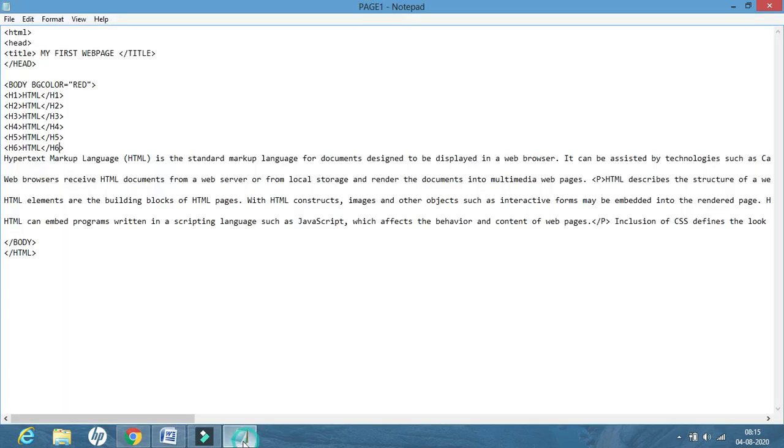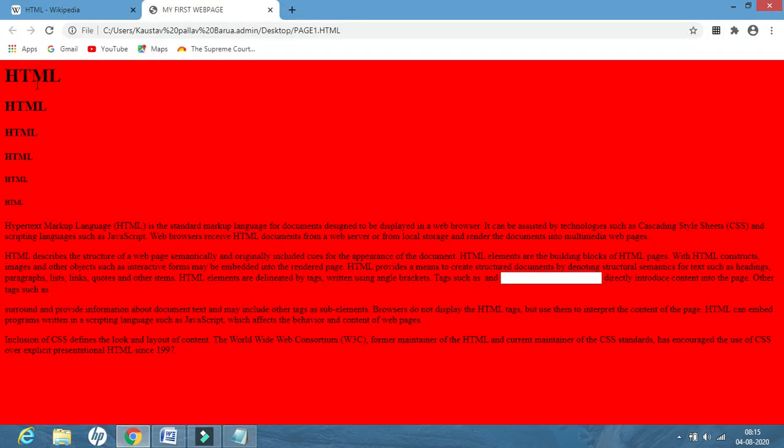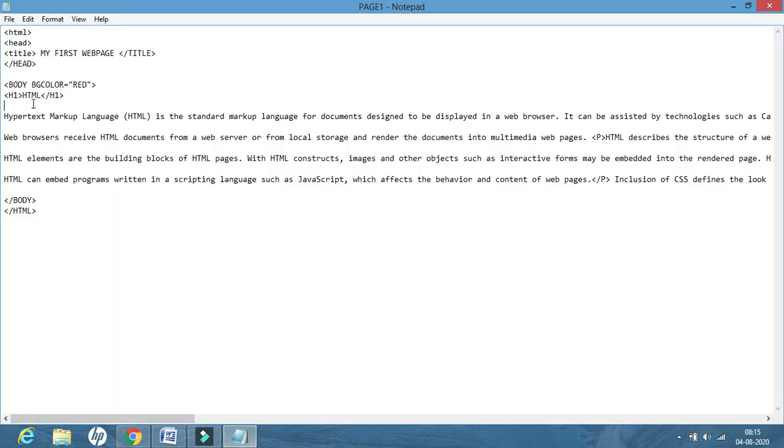Okay. Next, since we are done with everything, we will delete it. Now we have noticed one thing, that see, HTML is displayed in the leftmost corner. Now if I want to bring this HTML to the center, what I will do is I will have to change the property for HTML.